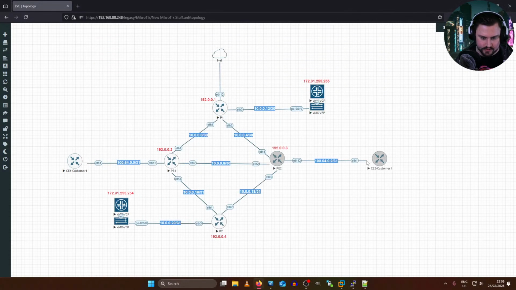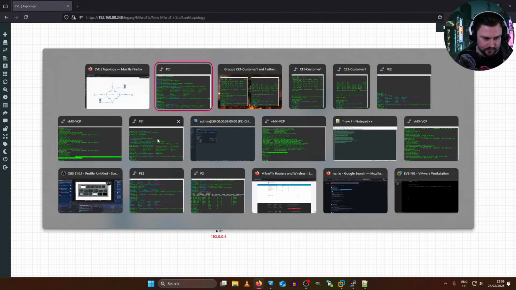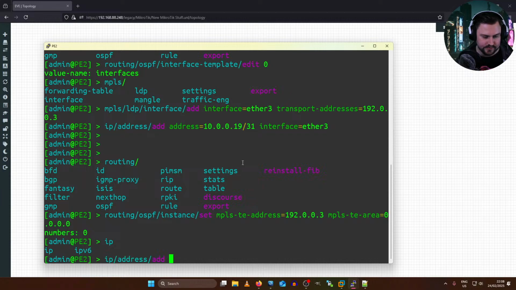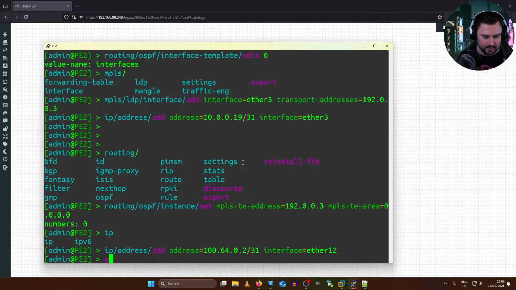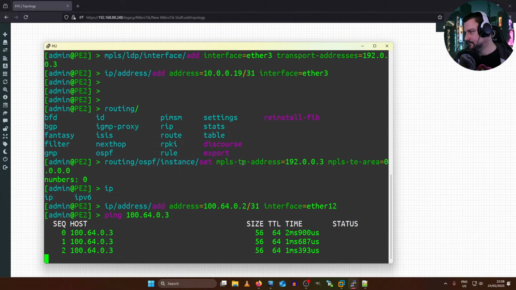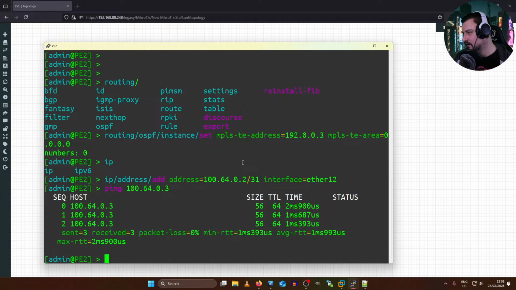And similarly, on my PE2, which is over there, IP address add address 164.0.2 on Ether12. Let me just see if I can ping .3. That I can ping. Yeah, it's so easy to get lost with all the terminals.